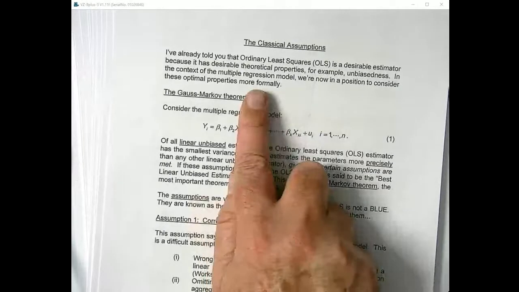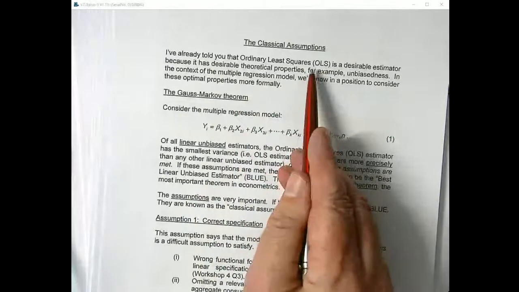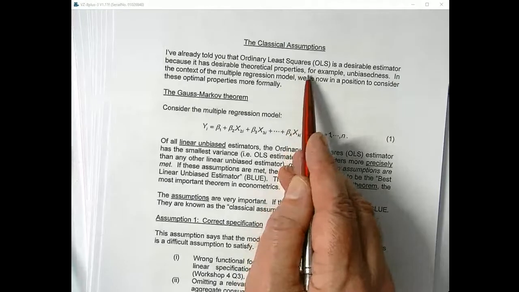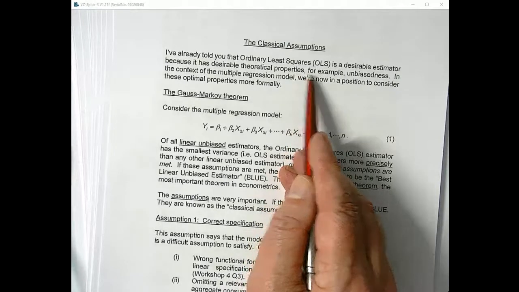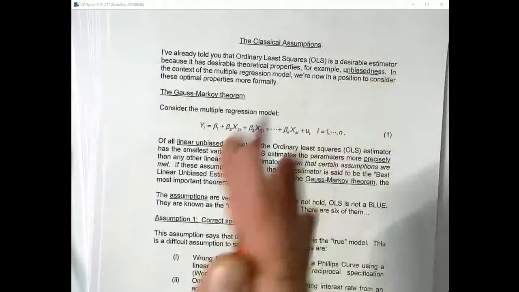The classical assumptions. I've already told you that ordinary least squares is a desirable estimator because it has desirable theoretical properties, for example, unbiasedness. Remember what that means. That just means that if you do ordinary least squares regression every day, then sometimes the slope estimate is too high and sometimes it's too low, but on average, it's correct. It equals the thing that you're trying to estimate. It equals the parameter. That's what unbiasedness means. There are other desirable